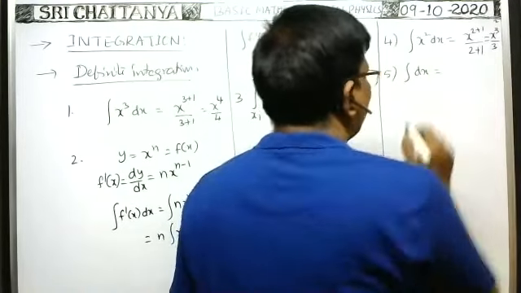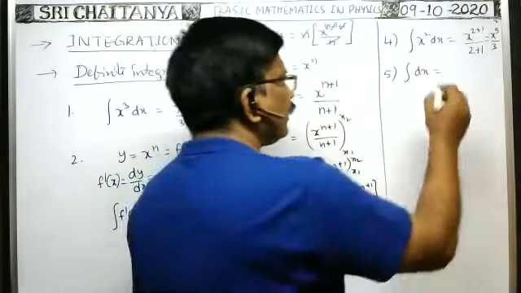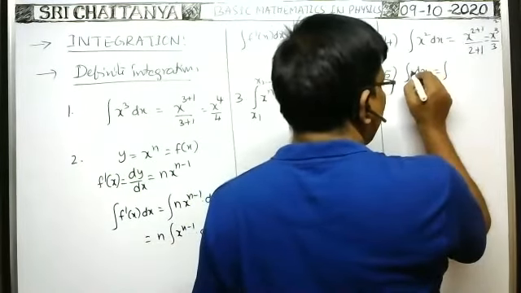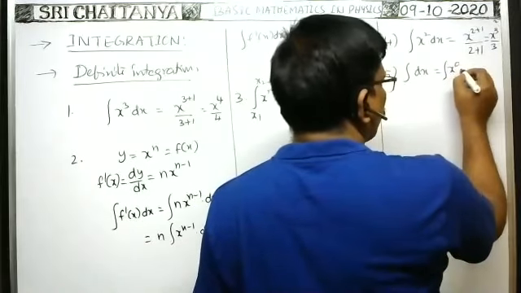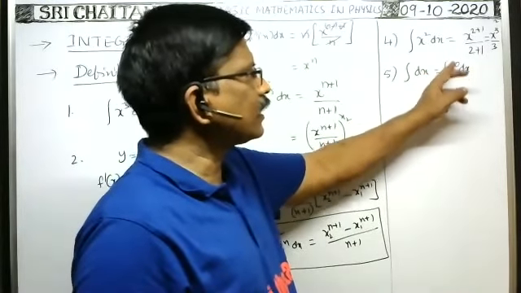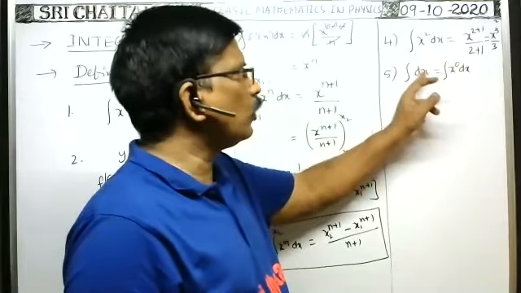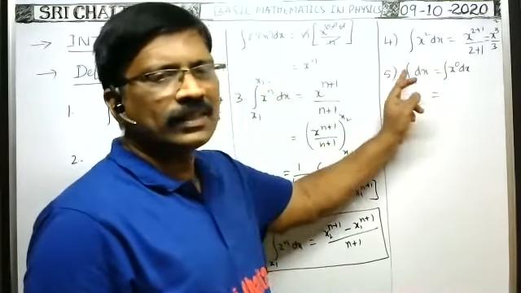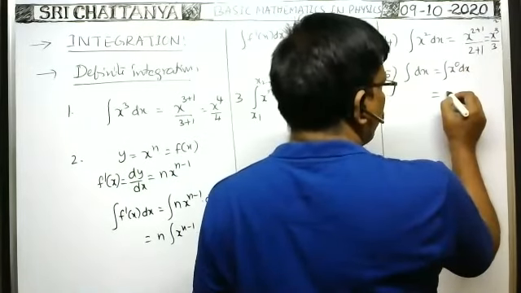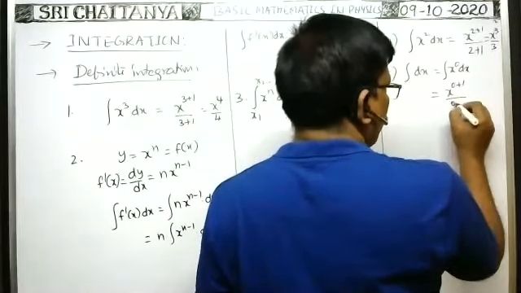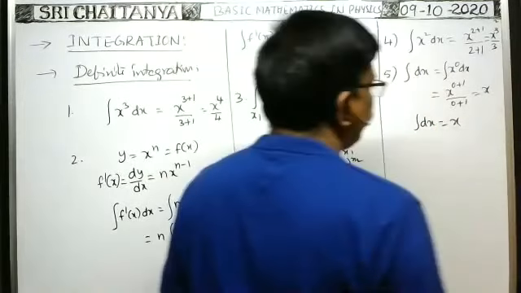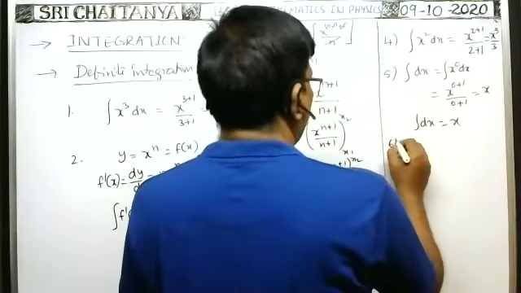Integral dx is there. Integral dx is equal to what? Integral dx means here an x function is not there, but we are integrating with respect to x. If an x function is not there, we can write x to the power of 0 into dx. Integral dx can be written as integral x to the power 0 dx. X to the power 0 means 1 only, 1 into dx, 1 dx only. That's why this integral dx can be written like this. Now do the integration of x to the power 0 with respect to x. X to the power 0 plus 1 by 0 plus 1, that is equal to x only, no. So integral dx is equal to x. Integral dx is equal to x. Okay, next